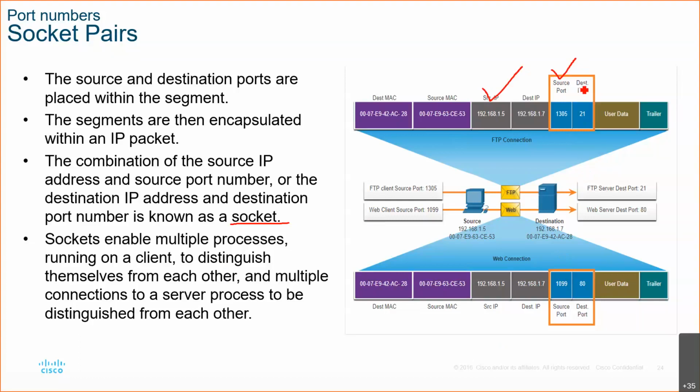If you take into account your destination port and your destination IP address, that is also one socket. This is one socket. Another tip: in Java, we have socket programming. So all these features